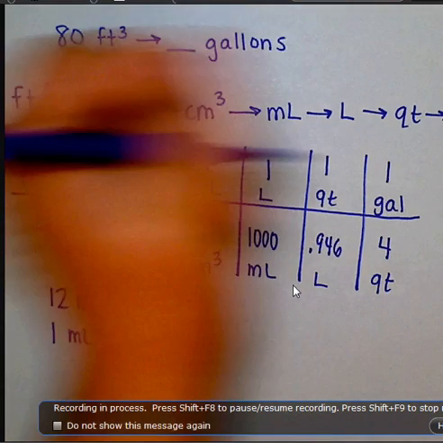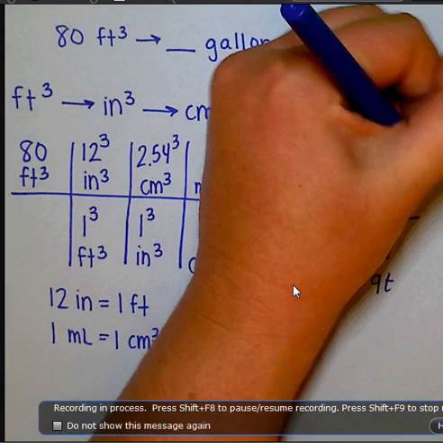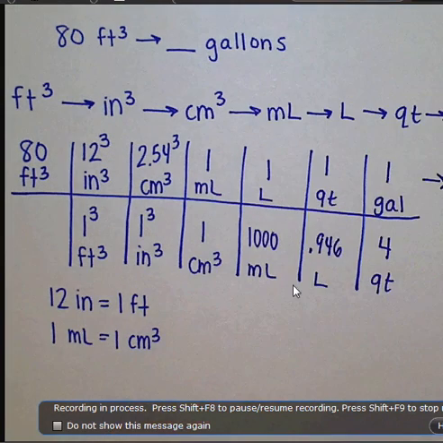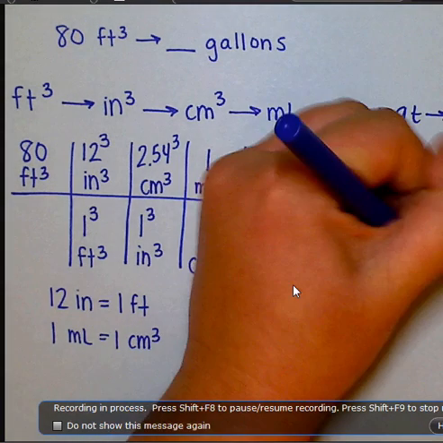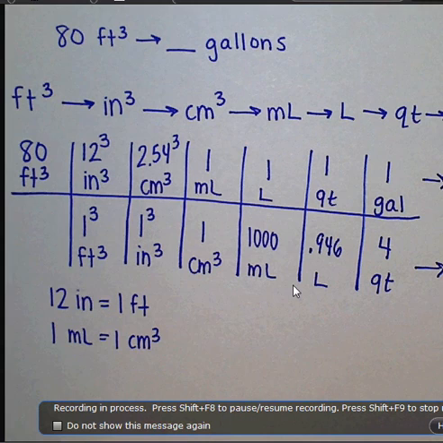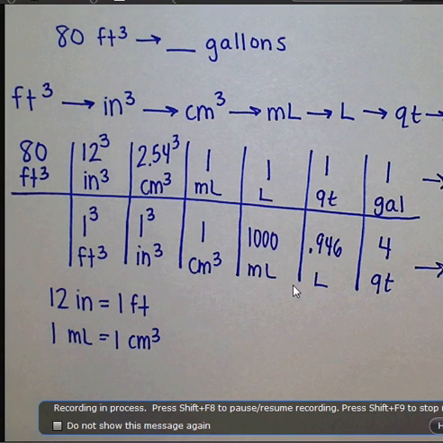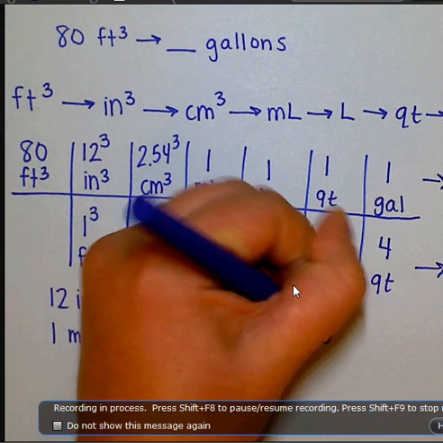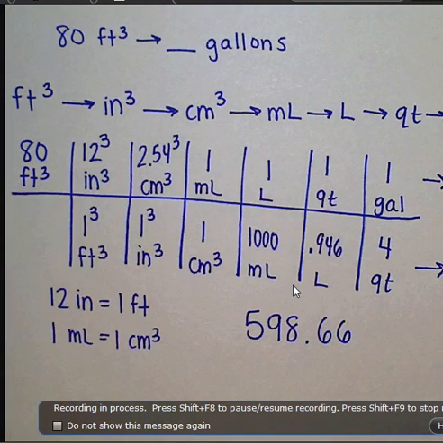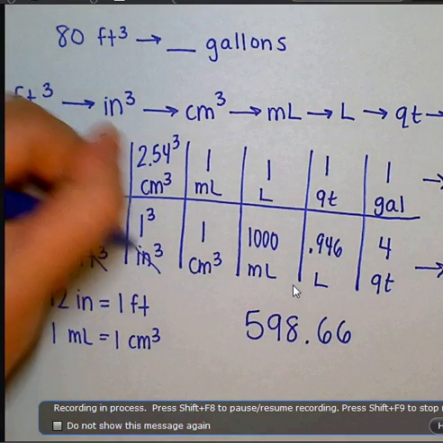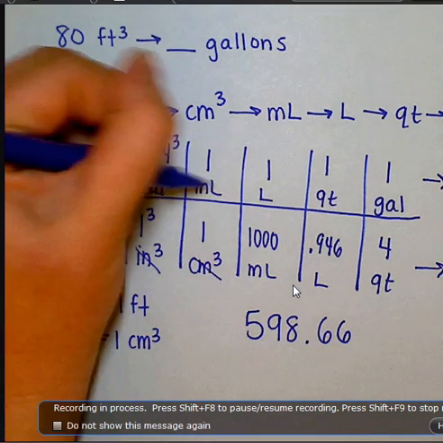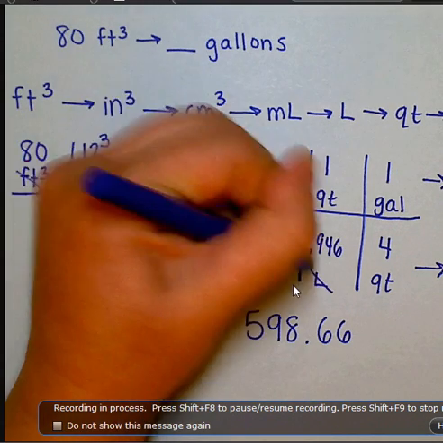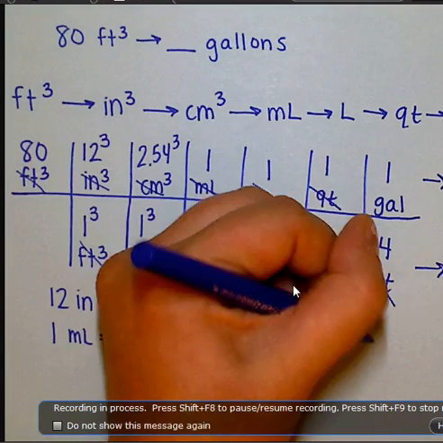When we multiply the top across, we're going to get a number. When we multiply the bottom across, we're going to get a number. And when we take the top number and divide by the bottom number, we get 598.66. And we know, because feet canceled, inches cancels, centimeters cancels, milliliters cancels, liters cancels, quarts cancels, that this is